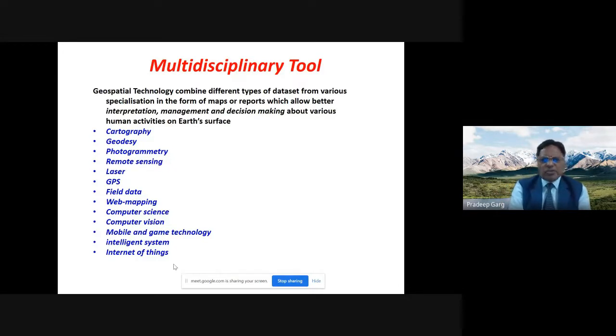But it is a multidisciplinary tool, as I told you, that it is now no longer only the baby of civil engineers. People from different backgrounds, people from different specializations have become experts of geospatial technology. So a lot of computer science people, architects, electronics engineers, electrical engineers are using this particular technology in their routine work, in their applications, in the research areas. And just for your knowledge,